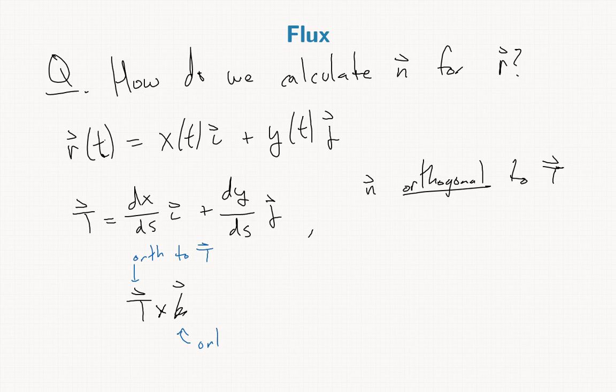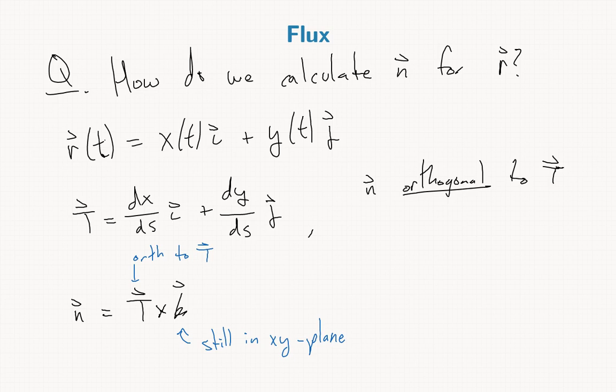And it'll also be orthogonal to k, which is equivalent to saying that even though we moved up to 3 dimensions, the vector that we get out is still going to be in the xy plane. So this is what we will choose